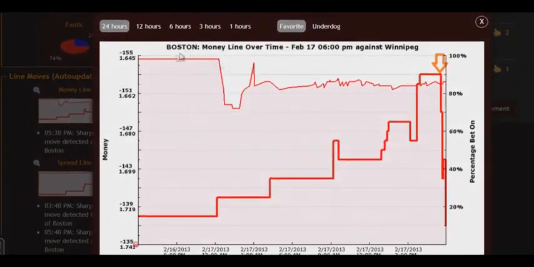Boston against Winnipeg. Boston is a favorite and a road team, as it's indicated in red color. It plays against the Winnipeg team, which is an Underdog playing at home, shown in blue. During the day, the situation was perfect. Smooth odd decrease of the favorite team from -139 to -155, that is about 16 points. The odd was decreasing on the favorite, which was a good signal, indicating that the Boston team will win up